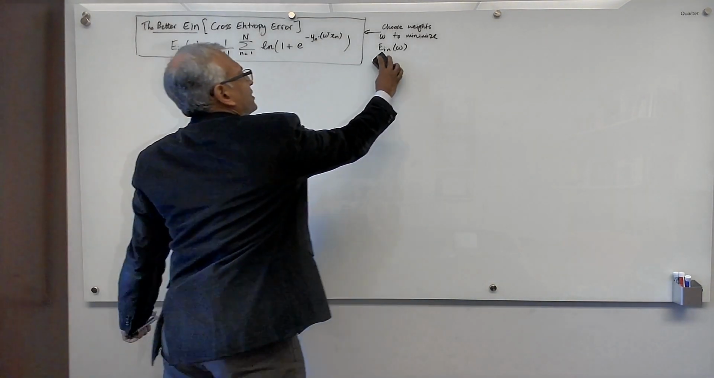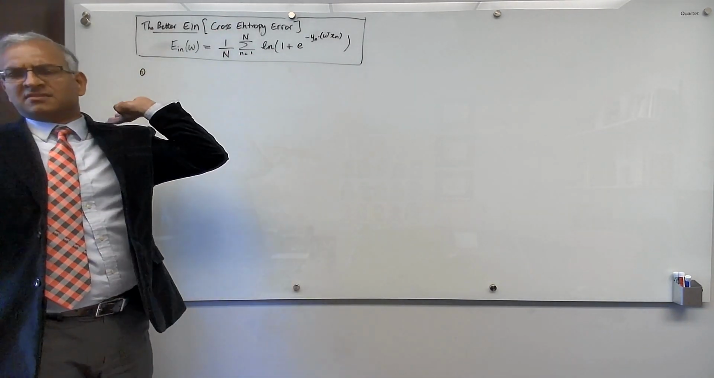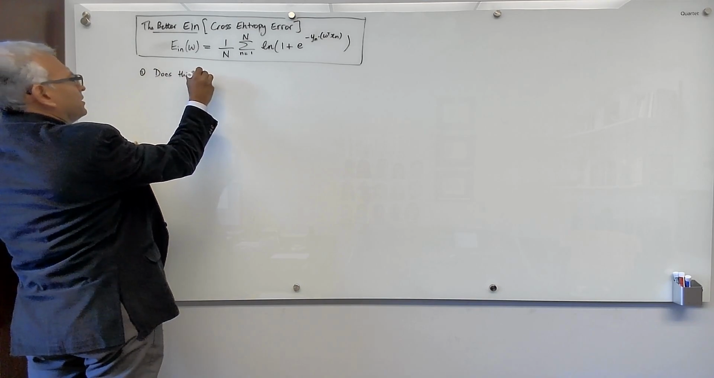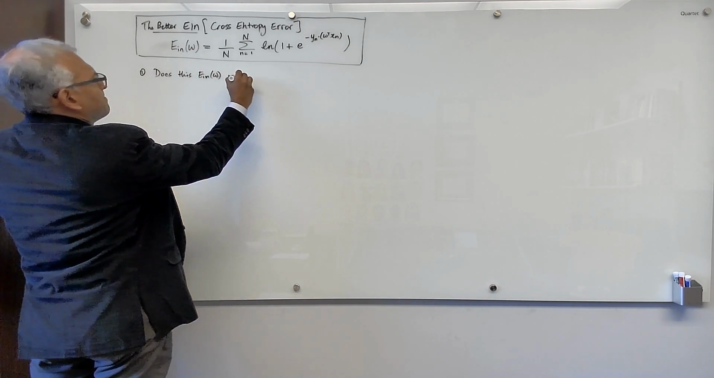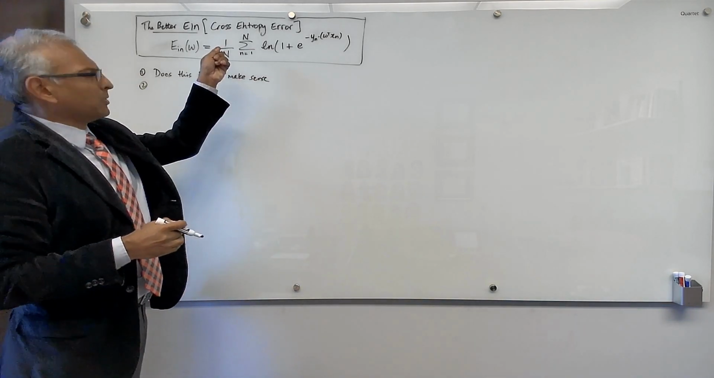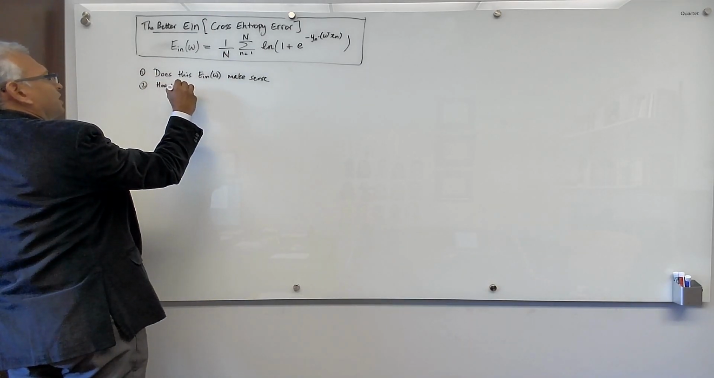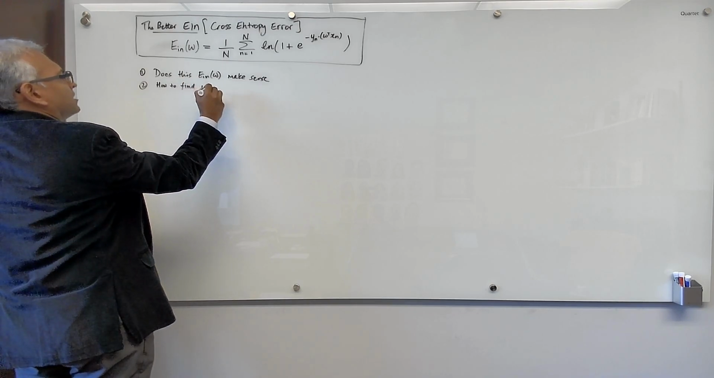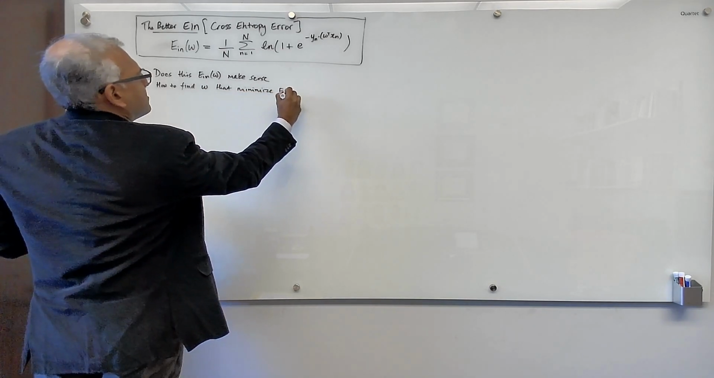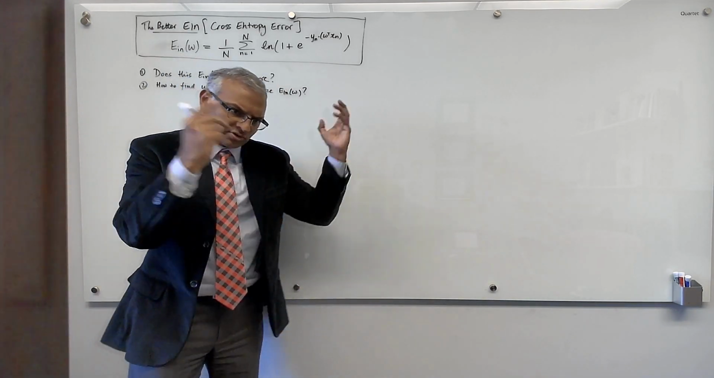Okay, so let's ask 2 questions. Question 1: Does this cross-entropy complicated looking error make sense? Does this En of W make sense? Question 2: Well, the prescription was to find the weights W that minimize this En of W. So how to find weights W that minimize En of W? We'll address both of these questions, and in doing this, we will introduce gradient descent,